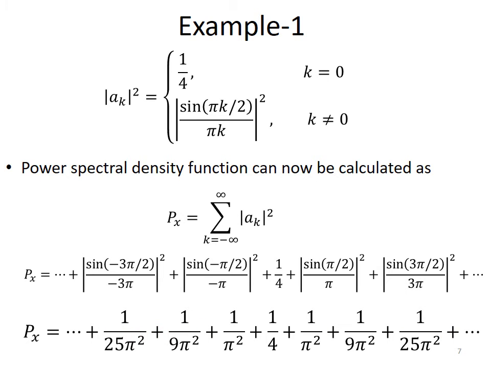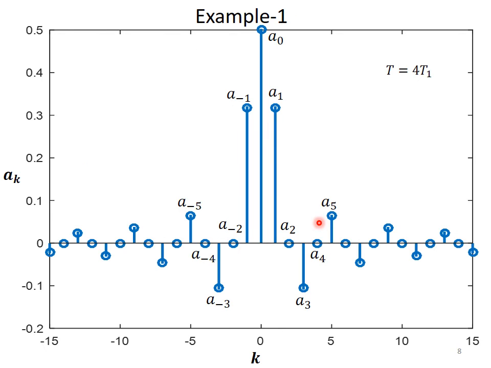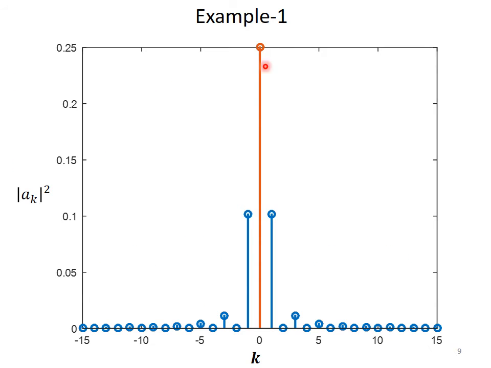Right? Now we can plot these values. Now this is the simple spectrum of ak versus k. So you can see here we have positive and negative values, and it's quite hard to determine at what frequencies the signal has maximum strength, because we have positive and negative values. In the power spectrum, which means the magnitude of ak square versus frequency, versus k, all the values would be positive, and comparison would be much easier.